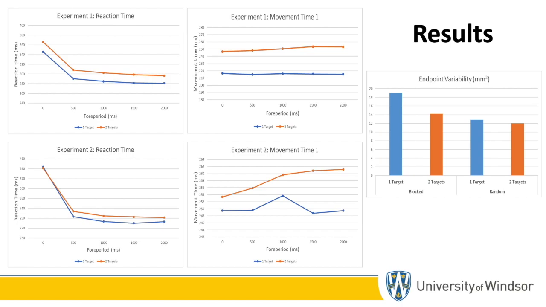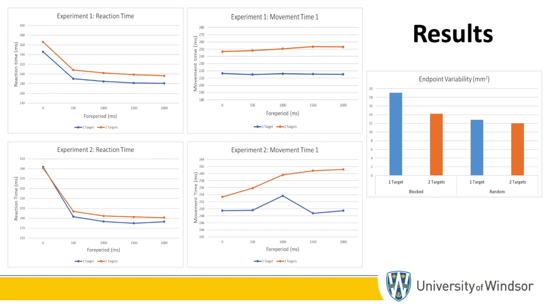This finding supports the movement integration hypothesis by showing that sufficient time is required to load segments into a buffer, which then enables the second segment to be implemented during execution of the first segment. The current results are also consistent with the movement constraint hypothesis. Variability at the end of the first movement was significantly less in the 2 compared to 1 target condition.